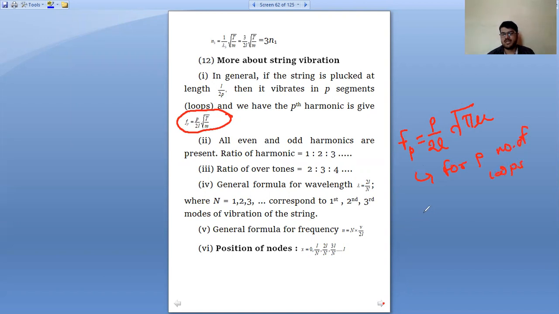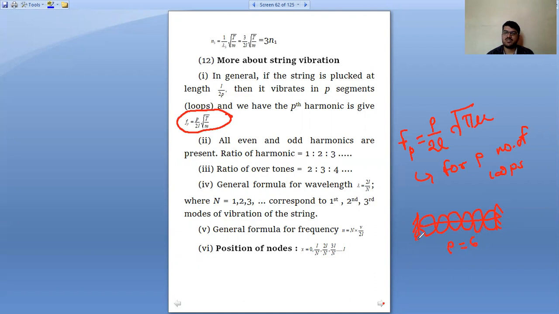Okay, sir, can you tell one example? Yes, suppose here, this is the string. Okay, and now see here how many loops I am taking. 1, 2, 3, 4, and 5, whatever it is. You can see here, 1, 2, like this. How many loops are there? Check it. 1, 2, 3, 4, 5, 6. How many number of loops?